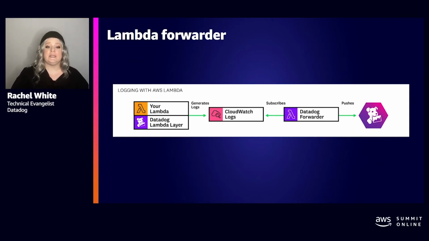Because the forwarder is a Lambda function, it relies on triggers to execute. You can let Datadog automatically set these triggers up for you, or you can manually set them up to forward data as soon as they are added to S3 buckets or CloudWatch log groups. Once configured, Datadog's Lambda forwarder will begin sending logs from Lambda and any other AWS services you've configured to your Datadog account.